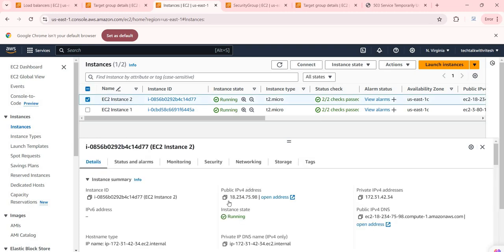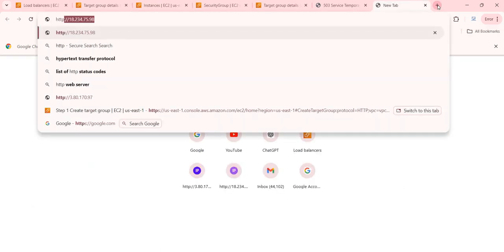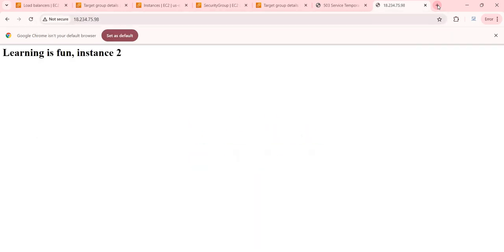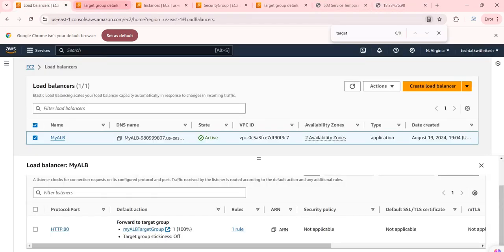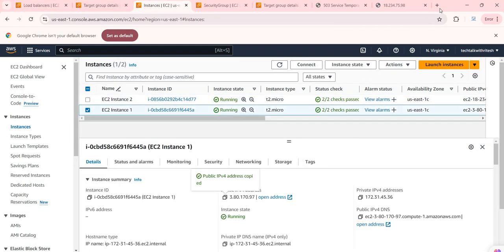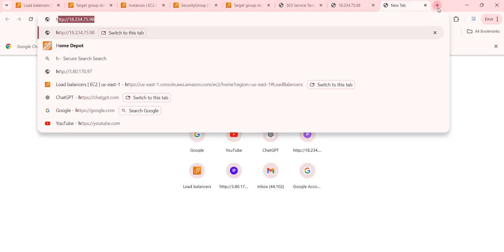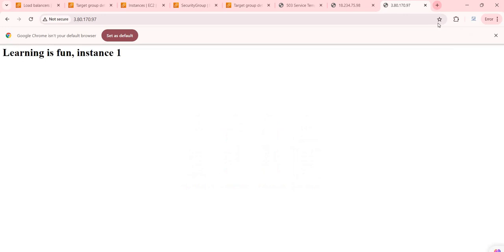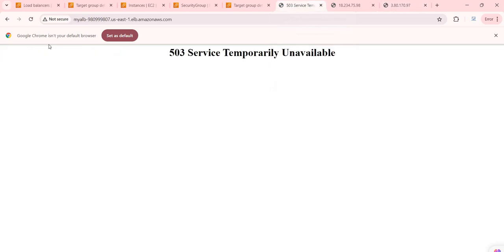If I click on the first EC2 instance, this is the public IP address. I copy it, and if I open it and I enable it for HTTP port, and access this, then I'm getting this, learning is fun instance 2. But if I access the other EC2 instance, and this time I copy this one, so instance 1, I'm getting it. Okay, now I'll access my ALB. If I refresh it now,